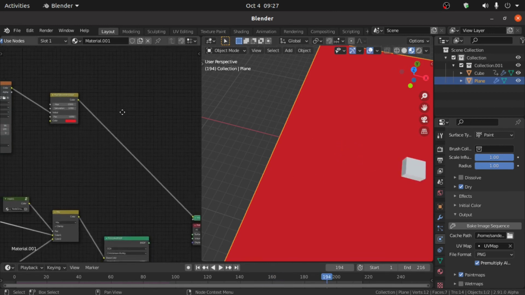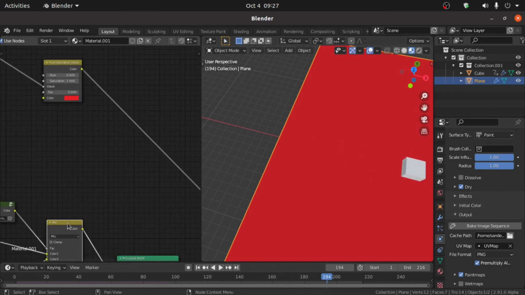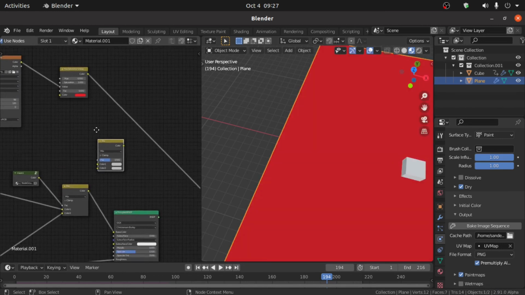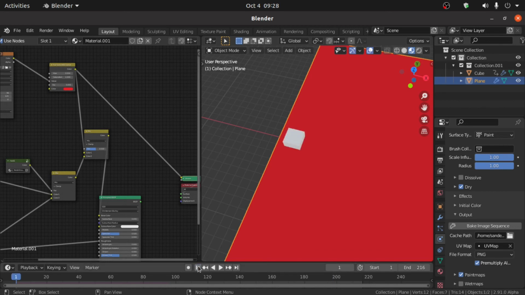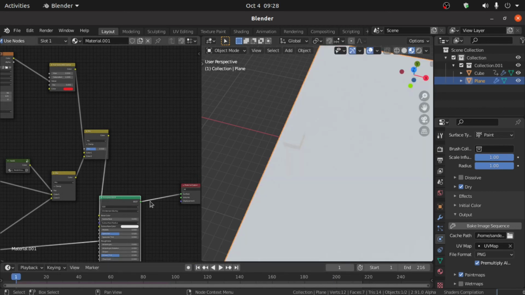Now we have to duplicate this mix node by pressing Shift D and mix this color with first color, and also connect this mix color with second color. Now connect this color point with this base color. Okay, press Ctrl Shift, then click on this principal BSDF node,